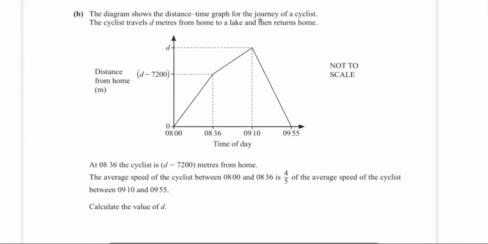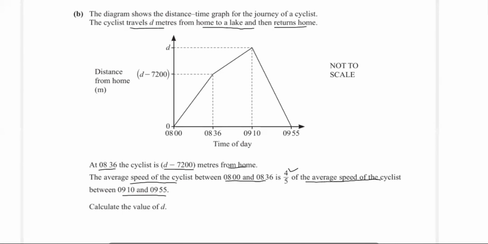The distance time graph for the journey of a cyclist. The cyclist travels d meters from home to lake and then returns home. At 8:36, the cyclist is d minus 7,200 meters from the home. The average speed of the cyclist between 8 to 8:36 is 4/5 of the average speed of the cyclist between 9:10